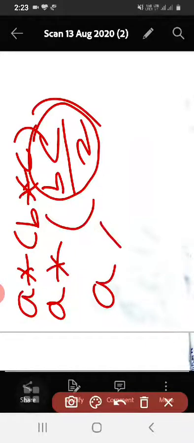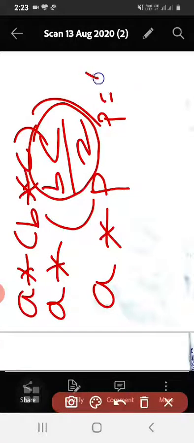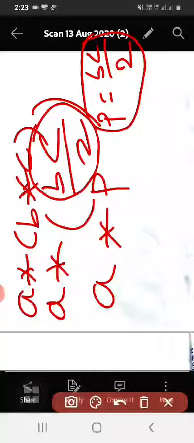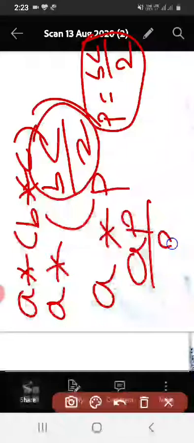See here, A star. So instead of BC by 2, I will put what? P. So what is P here? You can write here P is BC divided by 2. Afterwards I will replace this P. So what is the definition? A star P, according to the given definition, means what? I should write AP by 2. Multiplication divided by 2. Okay. AP by 2, where P is BC by 2.